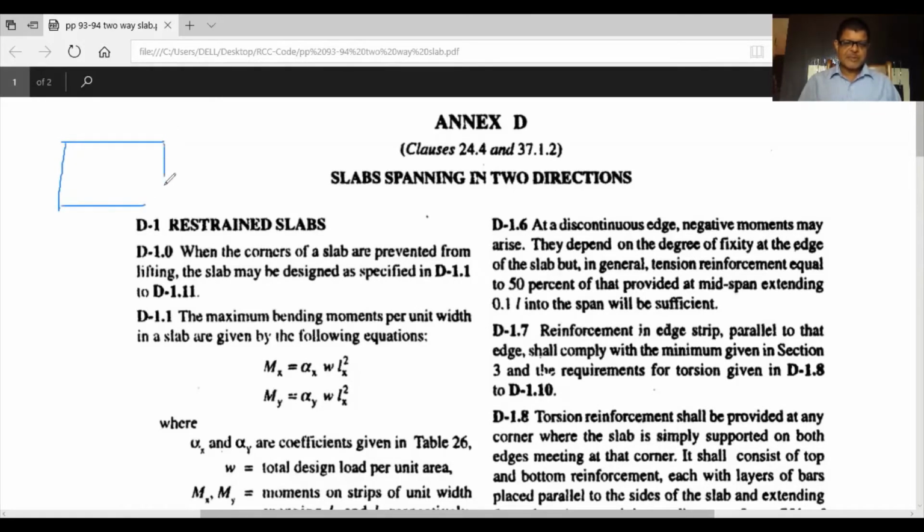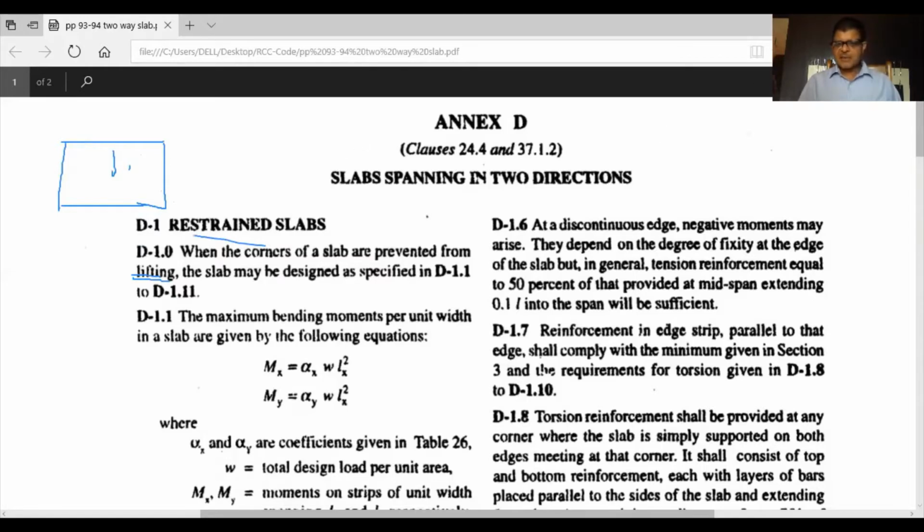Now, if the slab is prevented from lifting, that means, think of parapets over your roof slab. When the load is applied on the slab, the corners may be lifted at the top. So to prevent that, if you provide some structures or construction on the sides of the roof slab, then the slabs are prevented from lifting. So this is very clearly written in the question, whether the slab is a restrained slab or a simply supported slab. So restraint can be done in many ways.